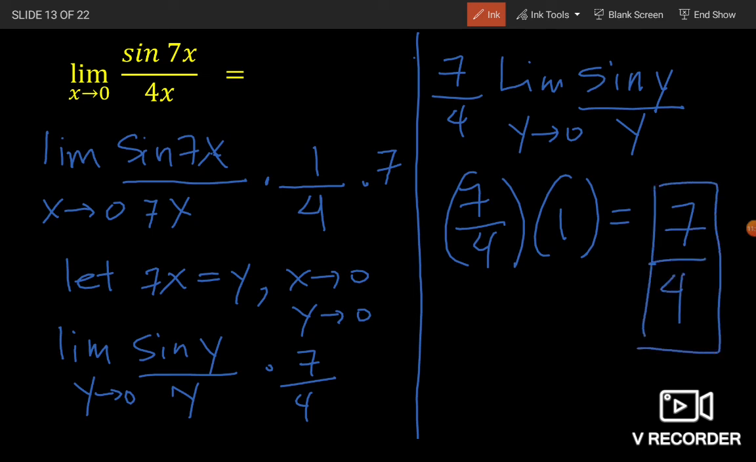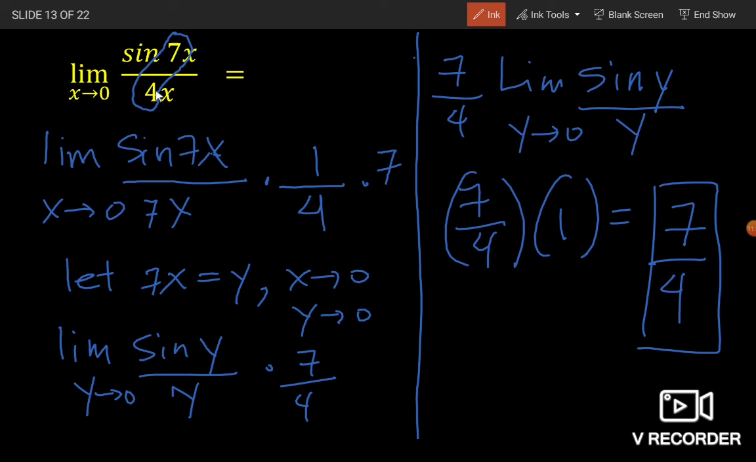Now, just to show you one technique, look at this. Limit of sine of 7x over 4x as x approaches 0. What you do is, you just look at this one. You have 7 here and 4 there. And what's the final answer? 7 over 4. So even if I change the numbers here, let's say limit of sine 8x over 3x, the